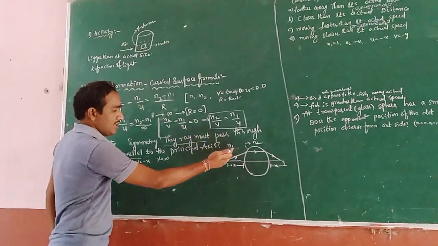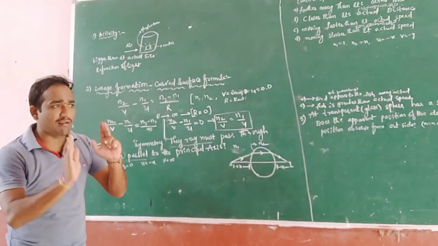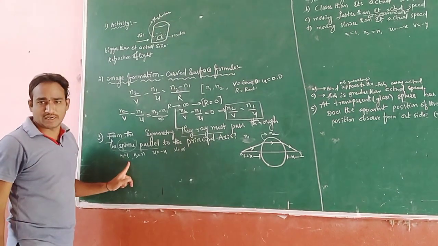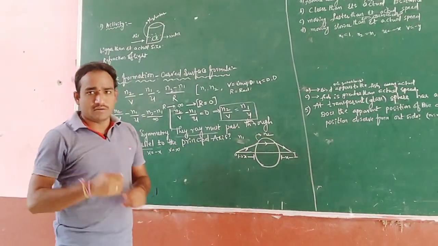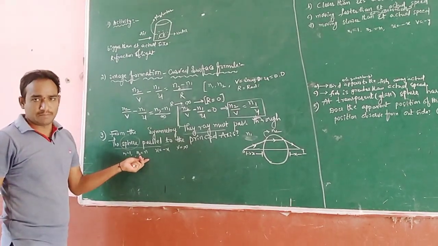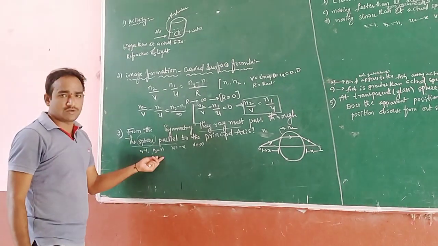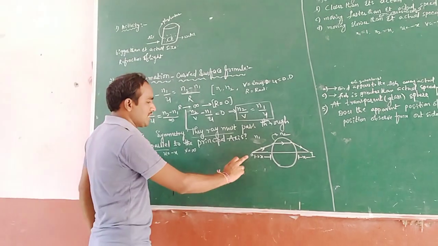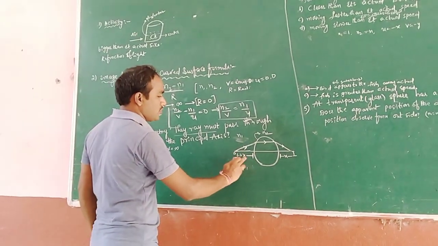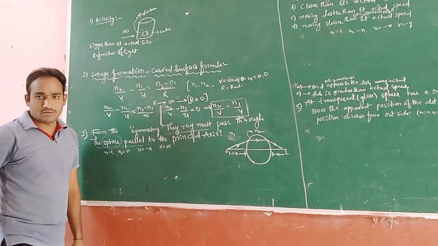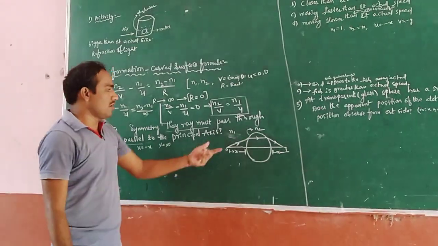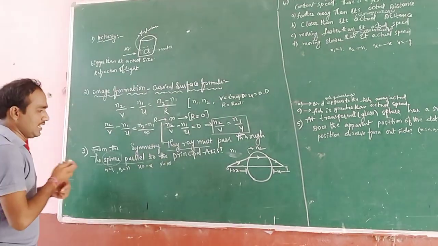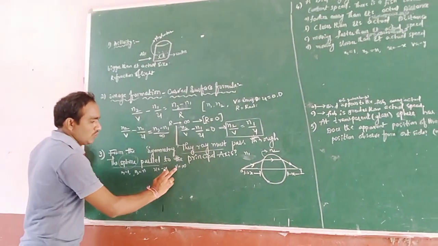So here n1, the refractive index of air, is always 1. That's why air is the one medium. The value n1 is equal to 1 and n2 is equal to n, which we are assuming because it is a completely different medium compared with n1. So n1 is equal to 1, n2 is equal to n. Then the object distance to the sphere is equal to x. That's why we have to take x, and the u value we are assuming at infinity distance. Then we can substitute here. That's why u is equal to minus x.